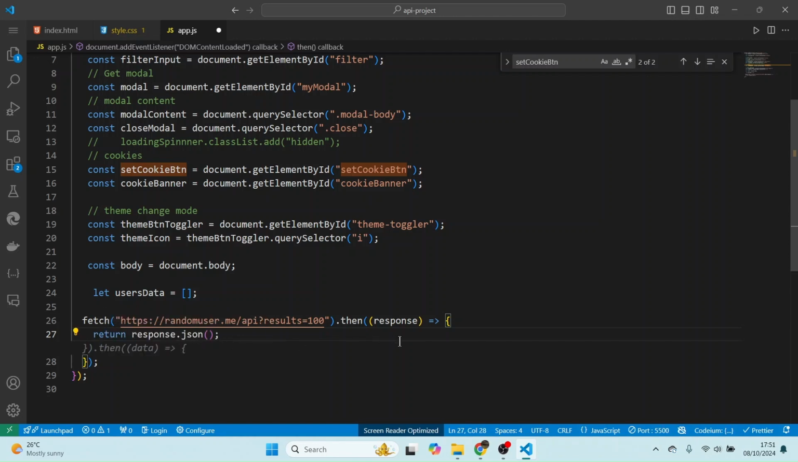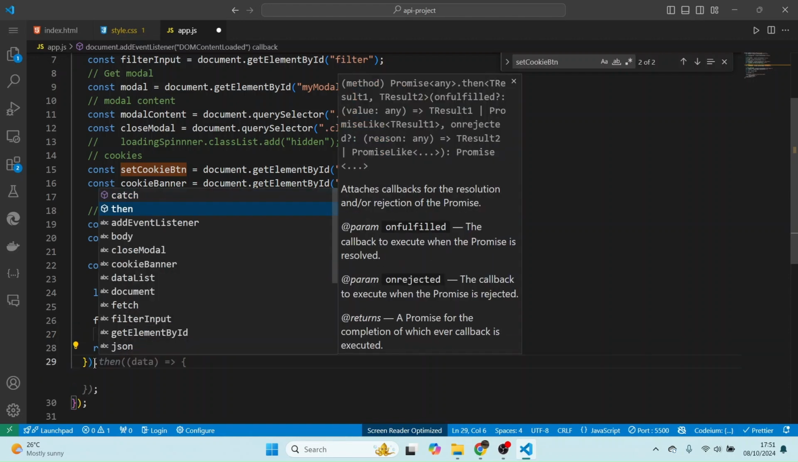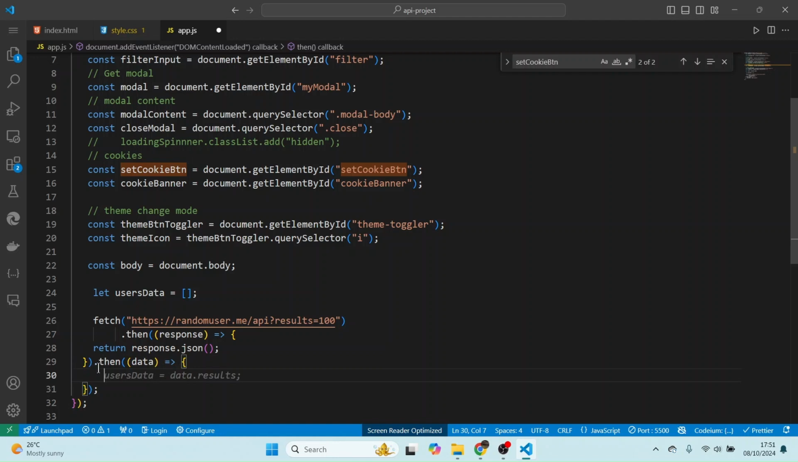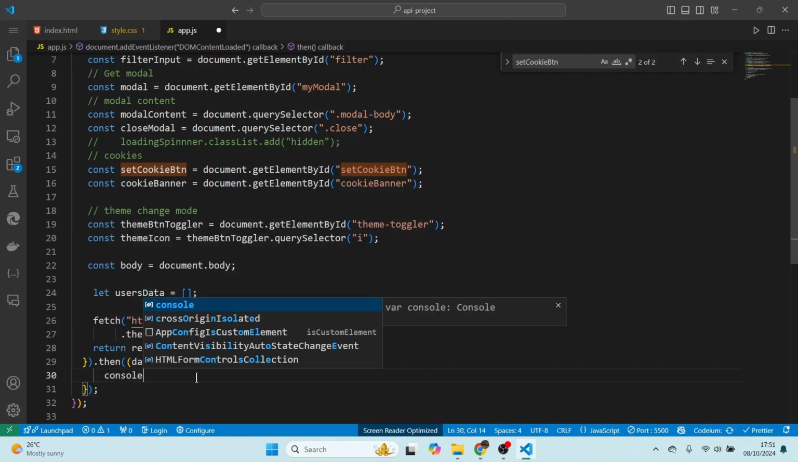So we get fetch dot then a response. We get the response. Then we do another then to actually use the data now, a dot then, now we have data. So if I console.log data